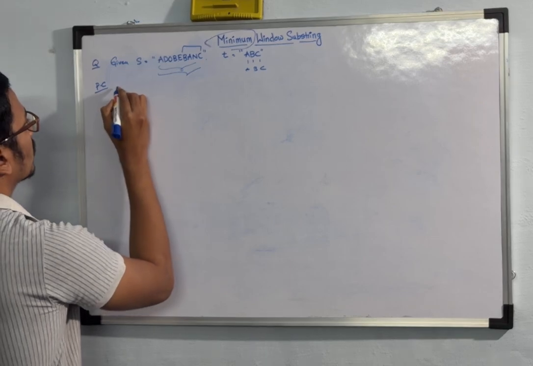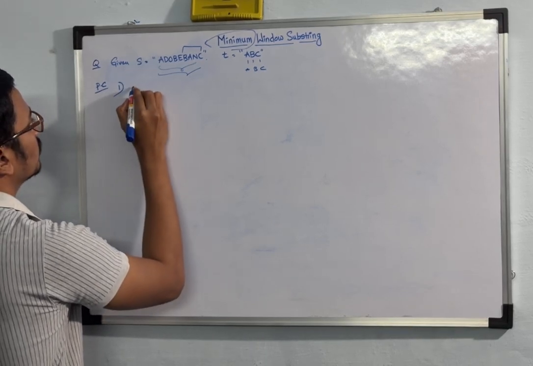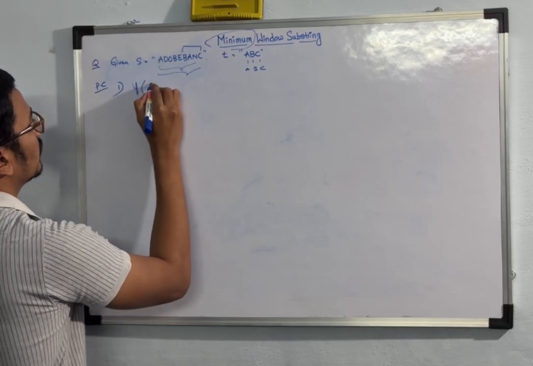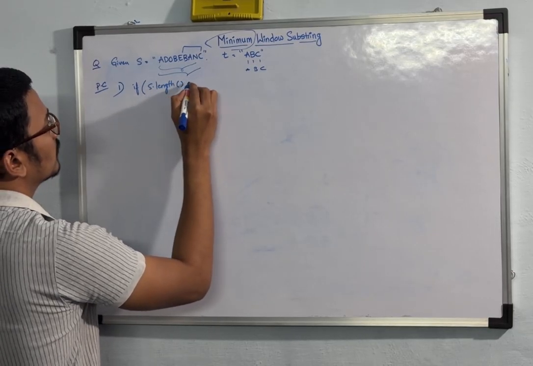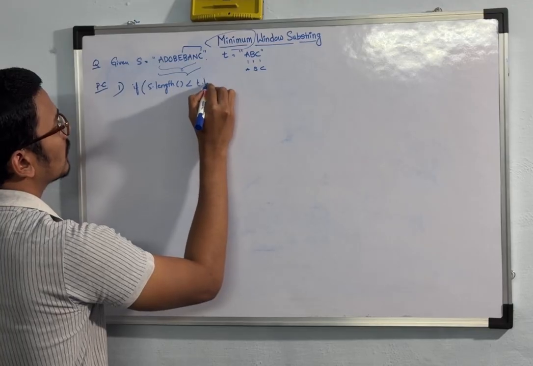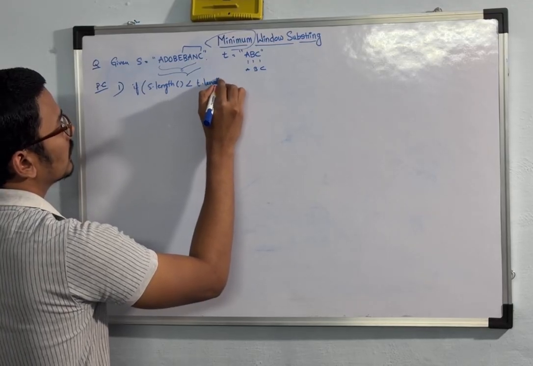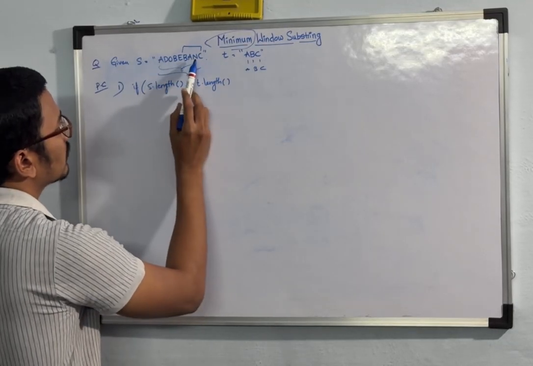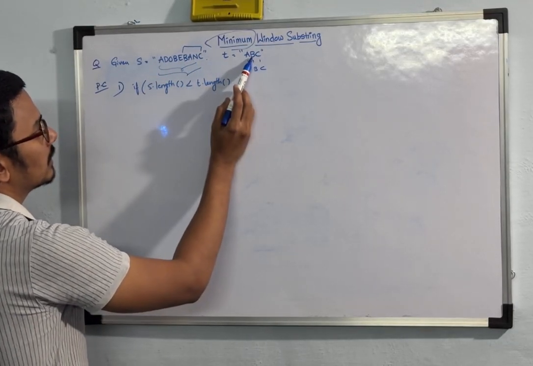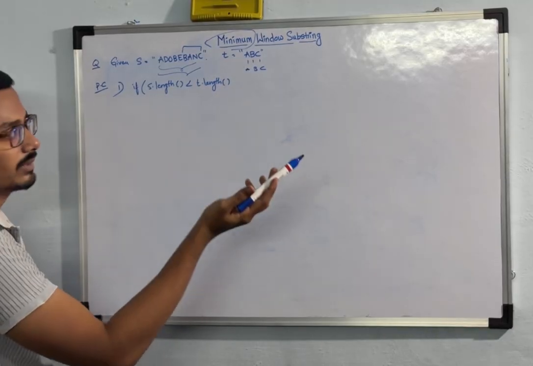So what I will write is, first point, if s dot length is less than t dot length. That means there are some particular cases in which this particular string length can be lesser than this. So if it is that, definitely